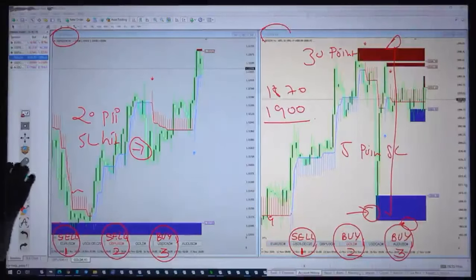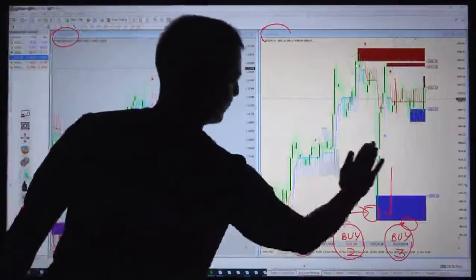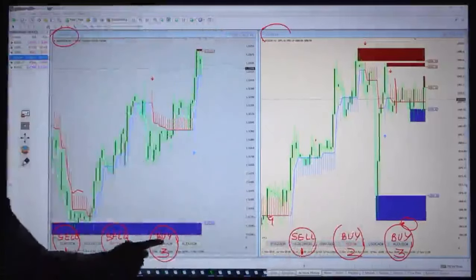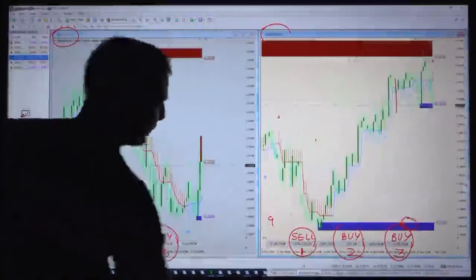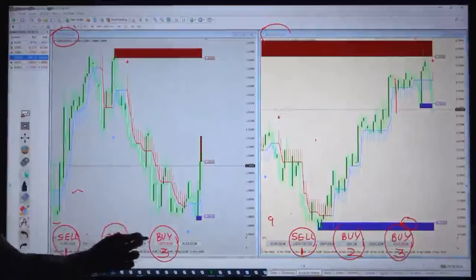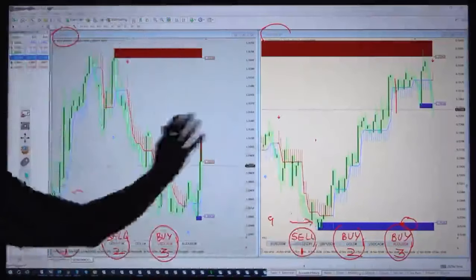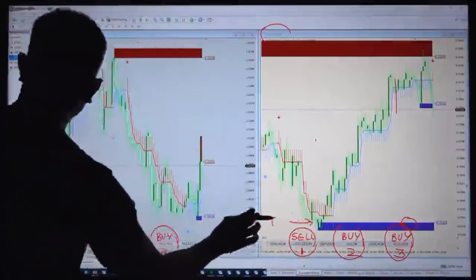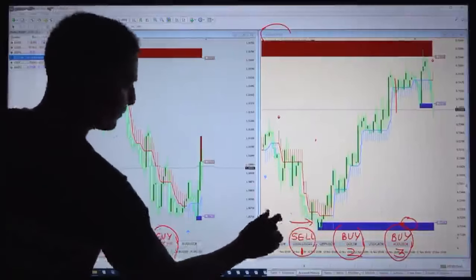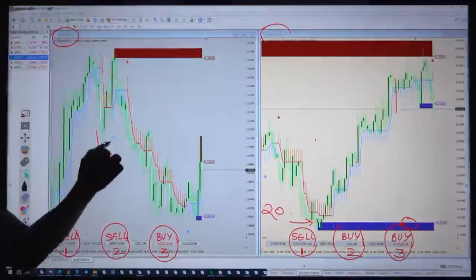Now we will see the third pair. Buy USD CAD against buy AUD USD. Here you can see USD CAD and AUD USD. In AUD USD, you can see our entry was here. In both the pairs, our SL is 20 pips. And our entry was here in the buy with 20 pip SL.